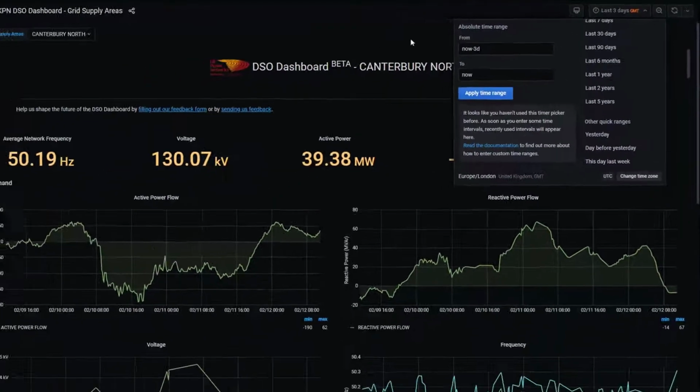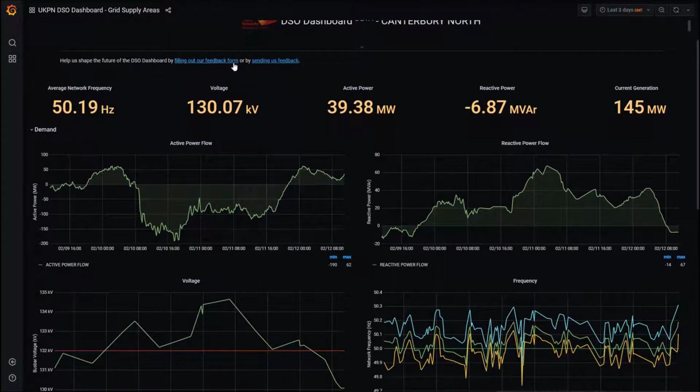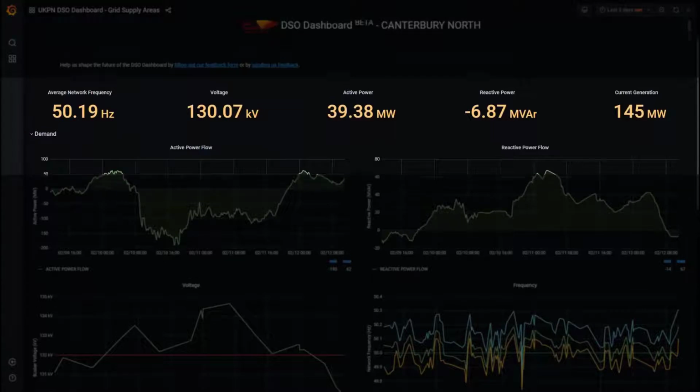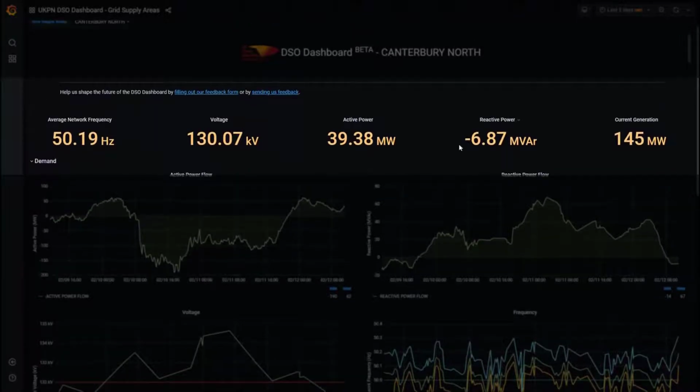Now, scrolling down a bit, at the top here we've got key performance indicators. These show what is happening on the network currently. So currently you can see at Canterbury, we've got a frequency of 50.19, the voltage at the bus bar is 130, the active power going through the transformers is just shy of 40 megawatts, the reactive power through those transformers is -7, so that means we're